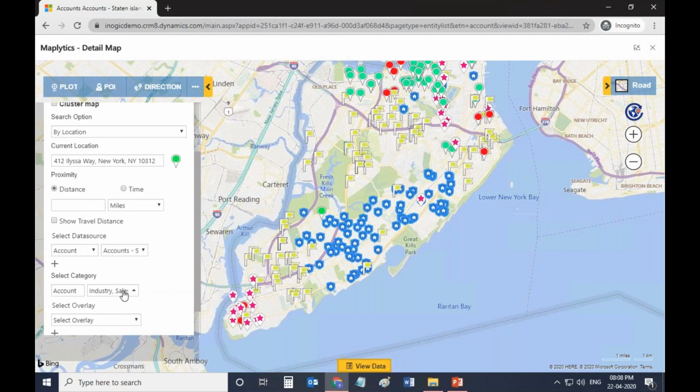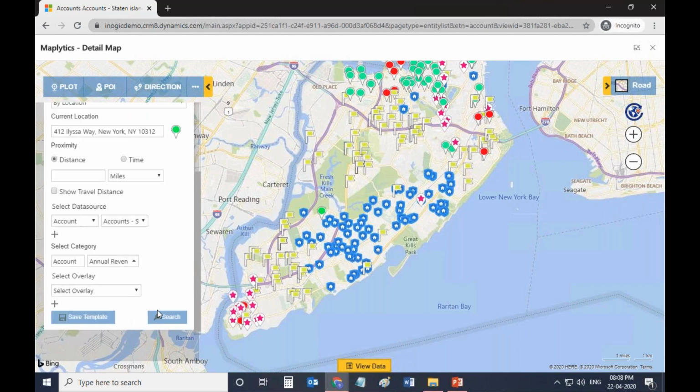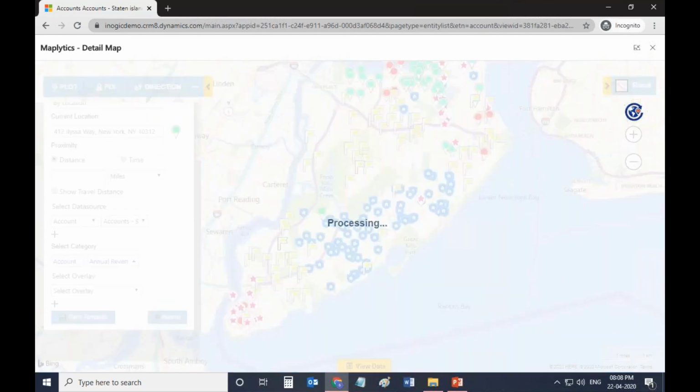Okay, so I have selected the industry sales, and let me select the annual revenue again. Okay, so I have selected the attributes, and let me click on search.